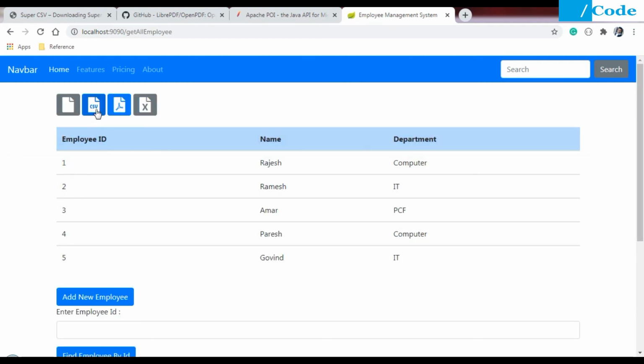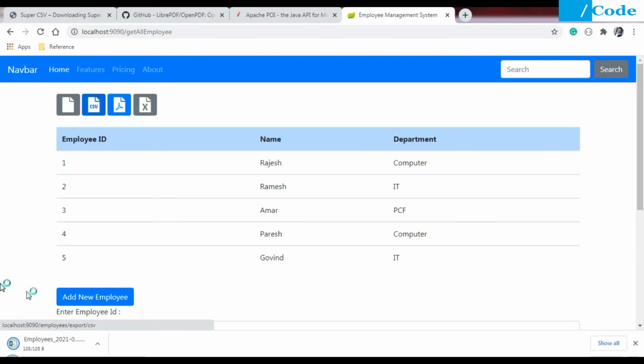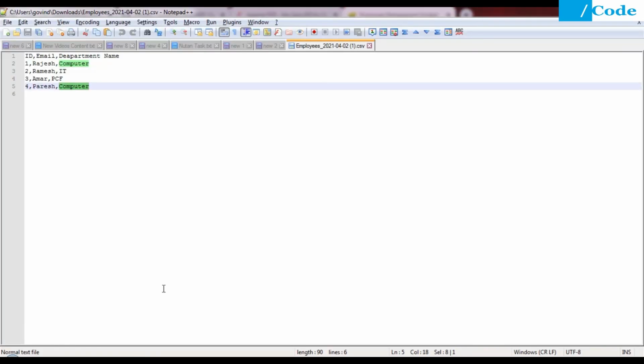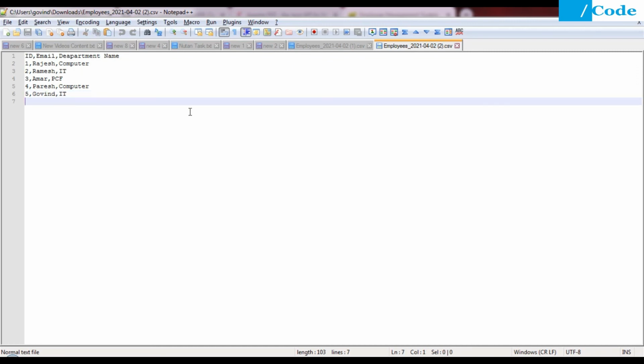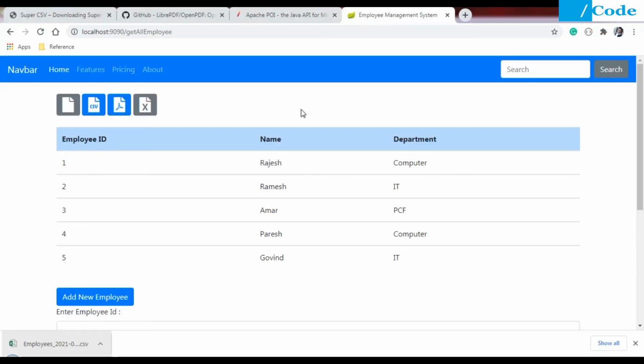Now let me again download the CSV file, and open this file, and you can see the last record has been added here. So this is the very simple way to download your data in the CSV format using the Super CSV library.